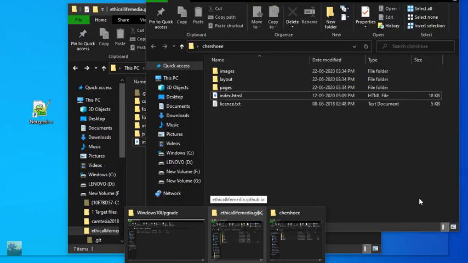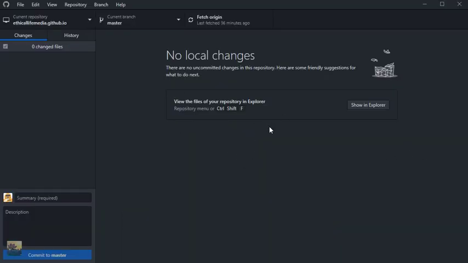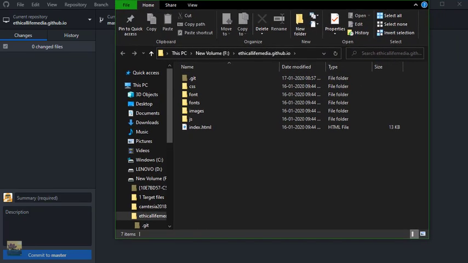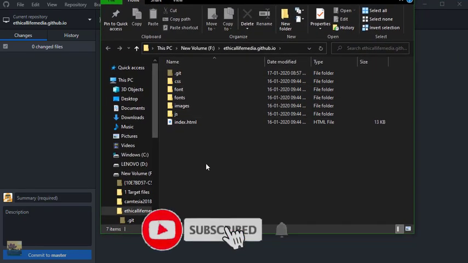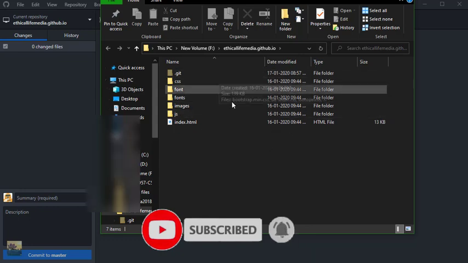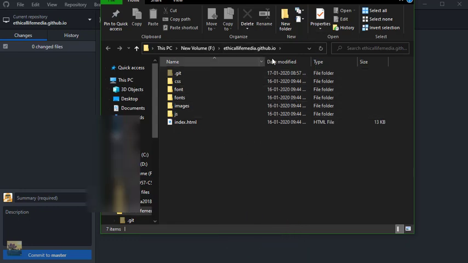As it is saying here, we have to press Ctrl plus Shift plus F. When we press this shortcut, the folder which consists of our website, or which should consist of our website, because we didn't do anything till now, right, will be shown here.